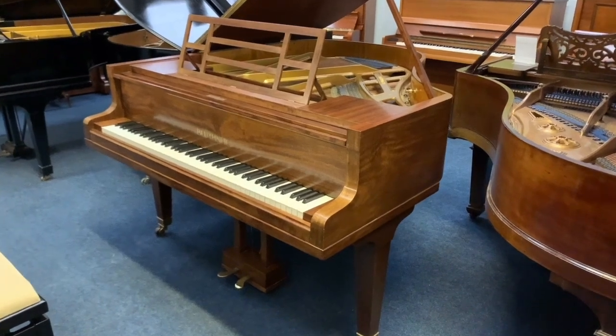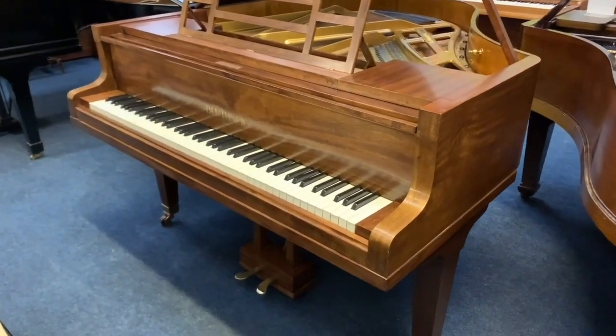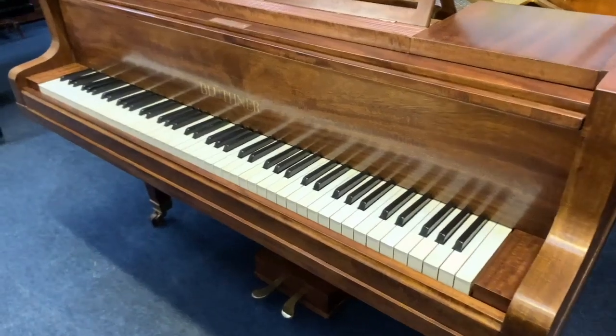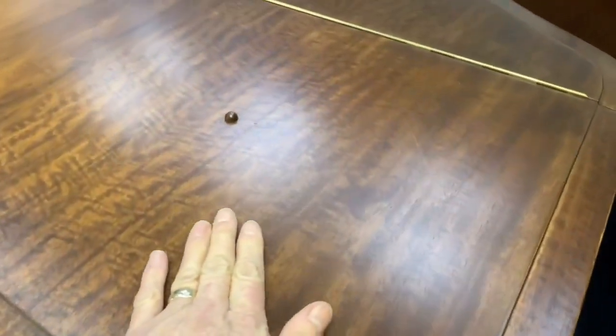Hello, this is a Blüthner Star 4A, that's 166 centimetres long, 5 foot 5.5 inches, made in 1929. It's just come into stock and we want to look at it to see what sort of work would improve the piano. Now the case is a matte finish, very well done actually, and I don't know if you can pick